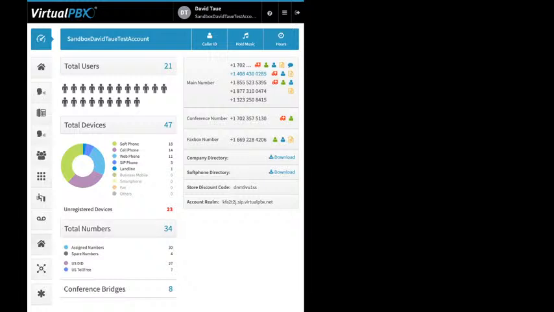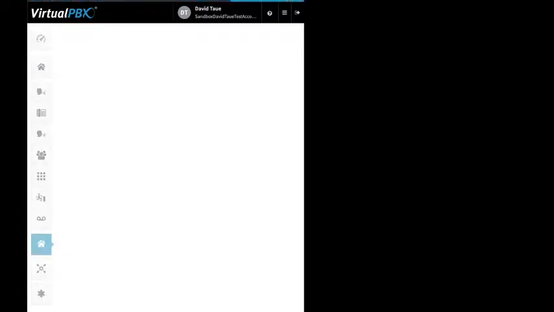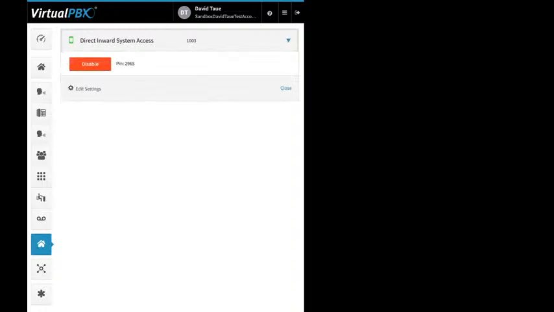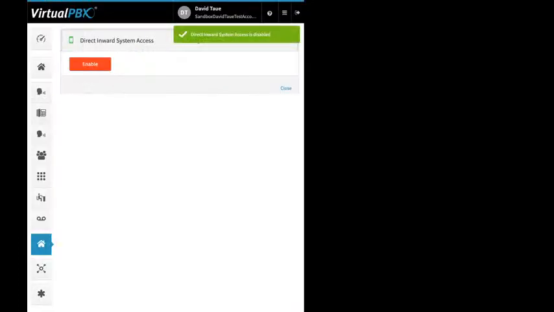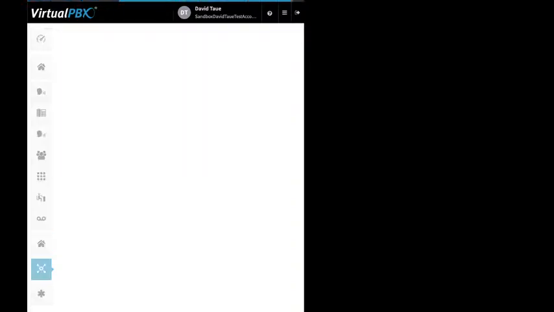Now, by default, DISA, direct inward system access, isn't enabled on all accounts or on new accounts. And that is because if someone is able to figure out your PIN number and or the extension number, they can start making outbound calls on your account, and you may not notice it until it's way too late, right? Basically, most people wouldn't notice until their next bill when they say, hey, why do I have overage charges? Now, the only way you may notice it is if you happen to be looking at your call logs, which